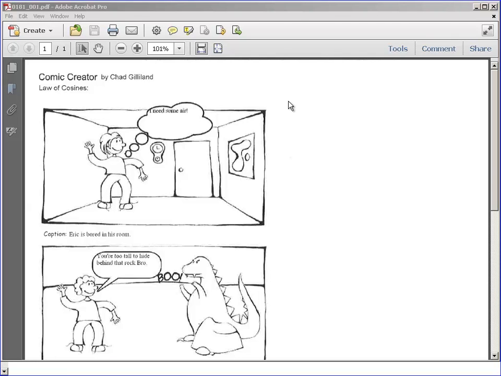Well, hi guys. We are starting a new unit called Chapter 7, Oblique Triangles, and I'm going to start